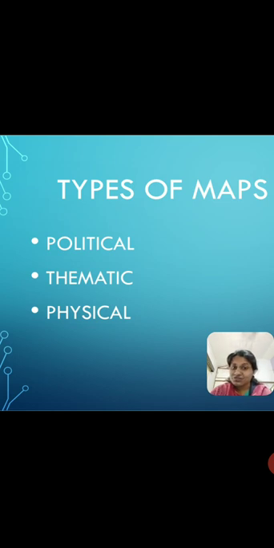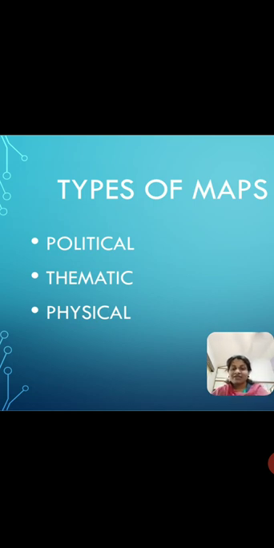Now, we need maps to travel. When we are traveling from one place to another unknown area, maps help us, correct? If you travel in a car, anywhere, if you're going to a new locality, don't you check on Google Maps where this place is located? How do we get there? So those are the things that we do, right? We use maps to find the location and we find the direction on the map. There is a lot of evolution in the usage of maps, all right? So maps can show you more detail.